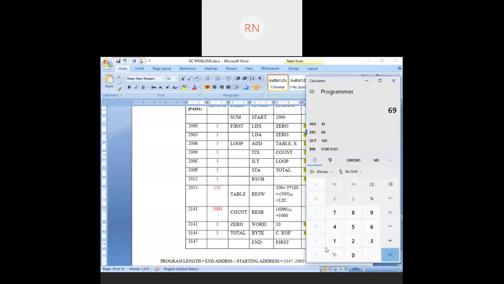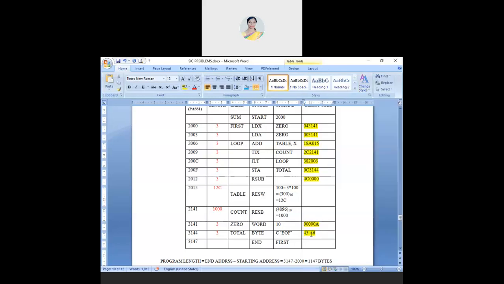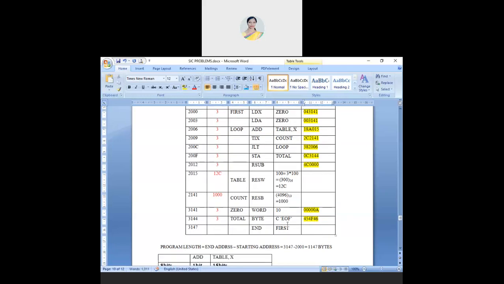In hexadecimal, it is 4F. There's no space over here. So 45, 4F, 46. This is my hexadecimal value of EOF.